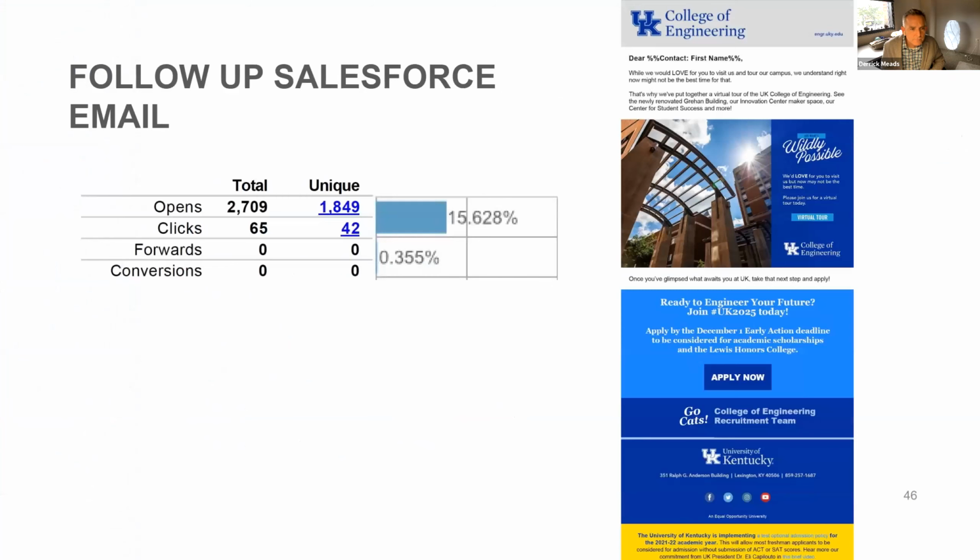Next, one thing we didn't do that I wish we had done is we did not do an email campaign early on for this campaign. I think it was a misstep, but we did do a follow-up. Assuming folks didn't follow up and do a tour, we said, hey, come do a virtual tour with us. 15% open rate, which we will no longer be using that percentage in a meaningful way, and then click through. We did get 42 unique clicks, so decent activity from this campaign, from this email anyway.